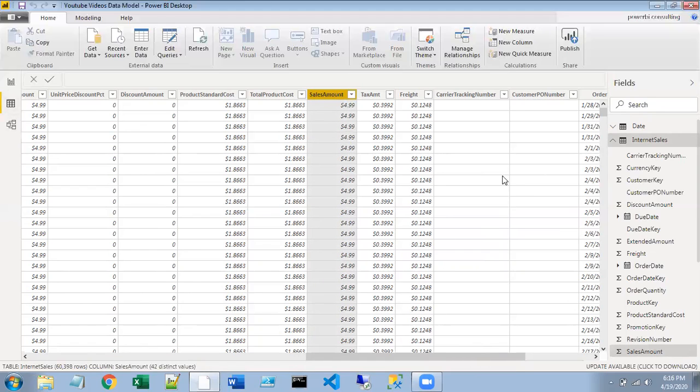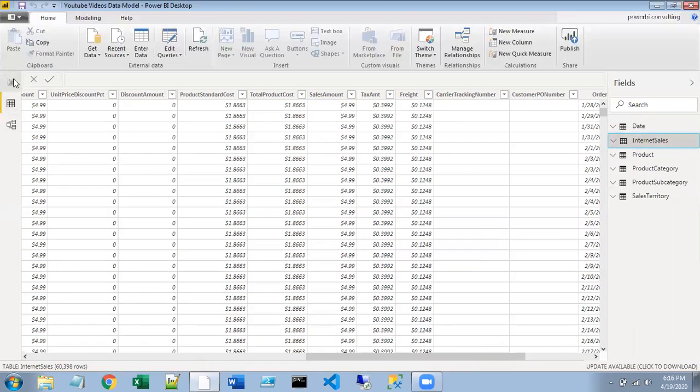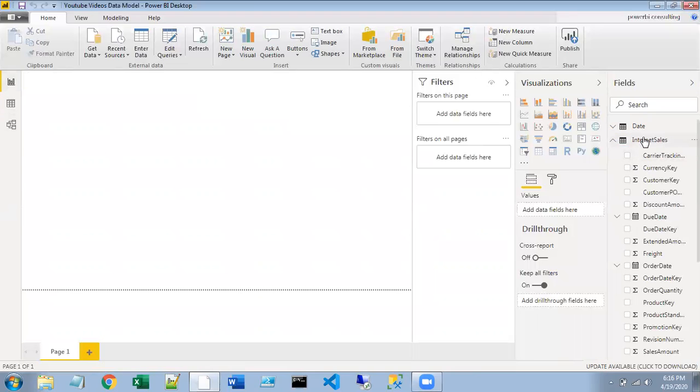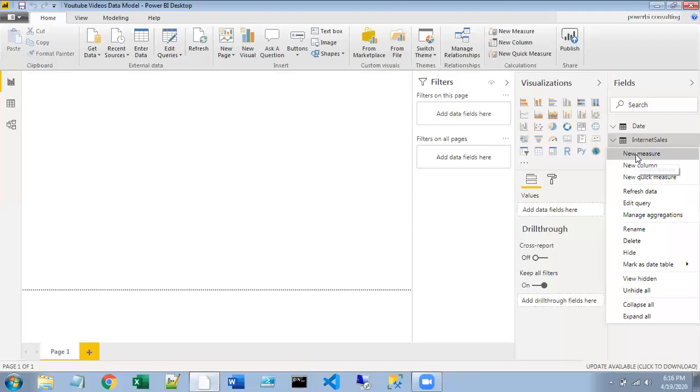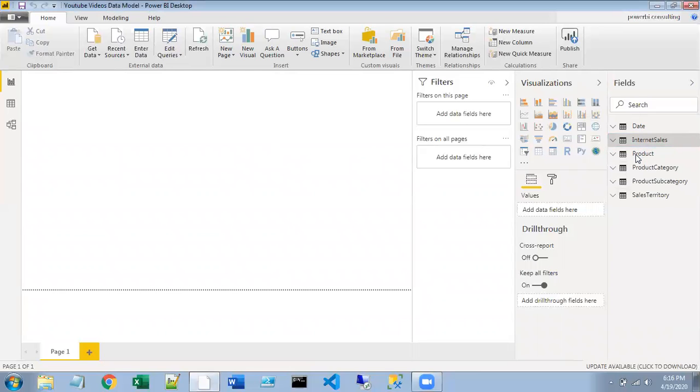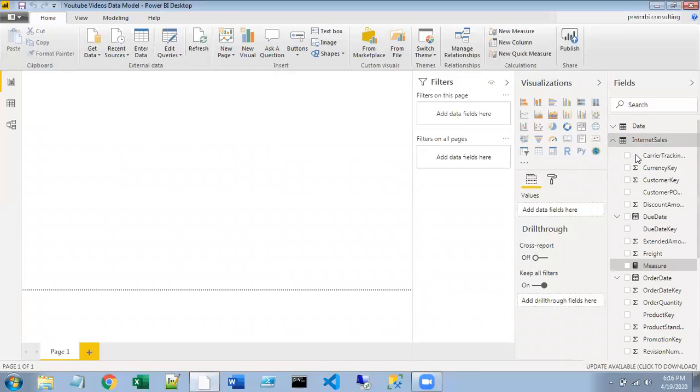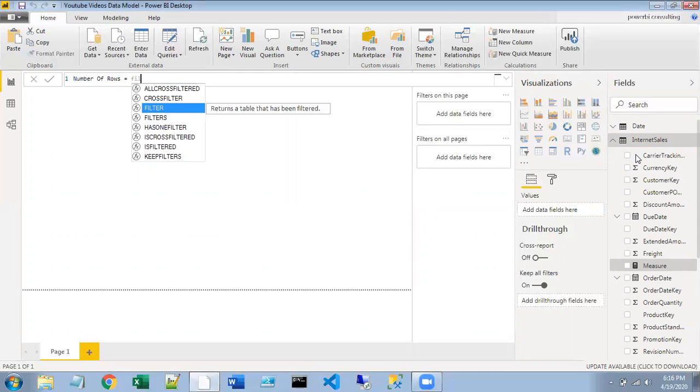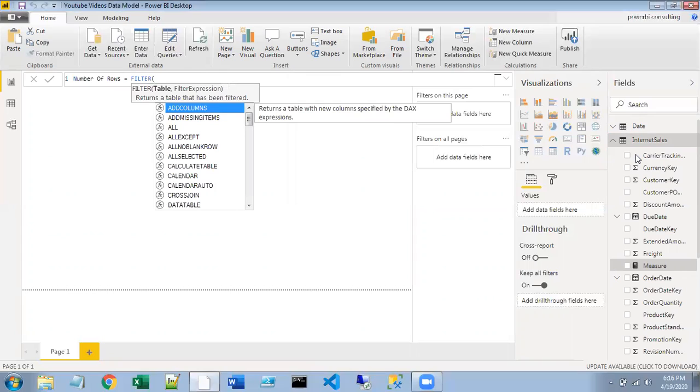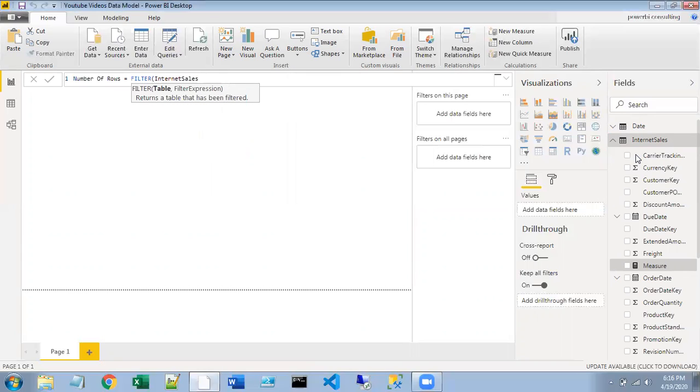So you'll go for creating a measure. Let's try creating a measure called number of rows. First I'm going to use the filter function. Which table am I going to filter? I'm going to filter internet sales. What is the condition?